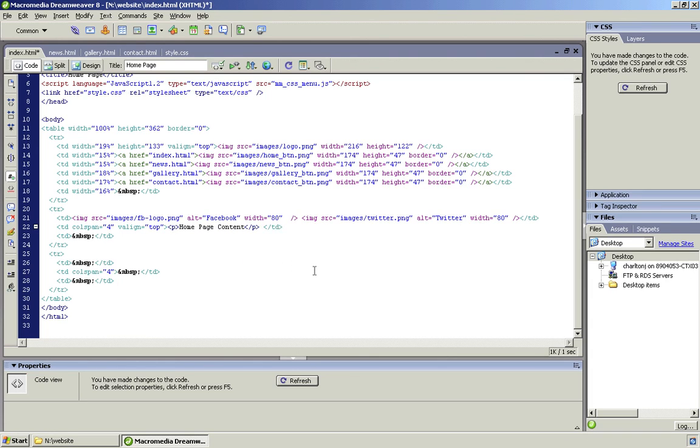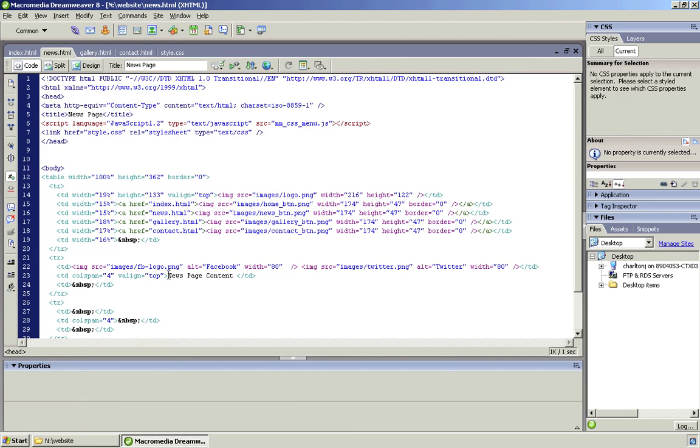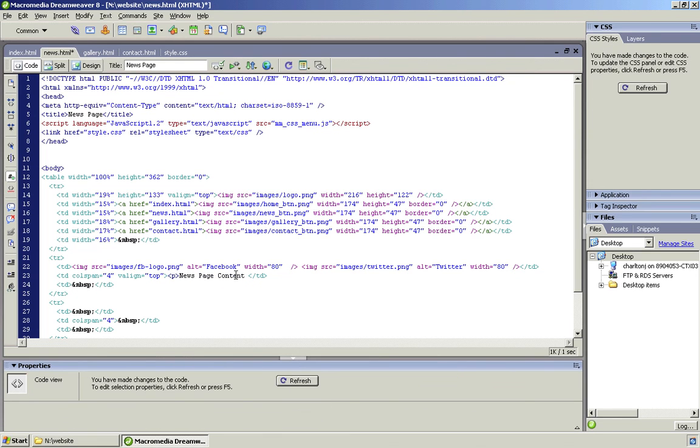Again, close it and it automatically closed the P. I pressed the slash and it automatically knew that this tag was open and hadn't been closed, so it did it for us. So we've got ourselves a P tag, which stands for paragraph. If we put all our text as paragraph,